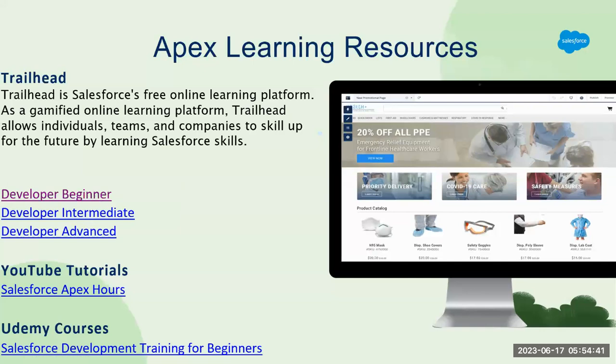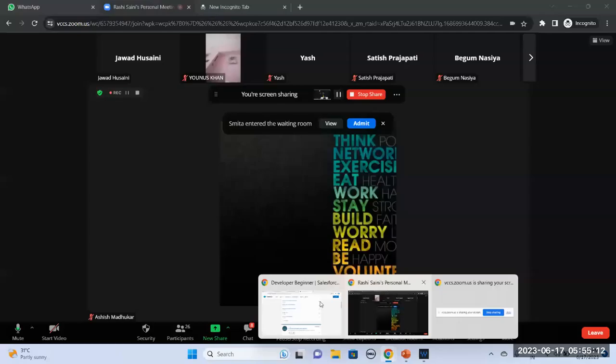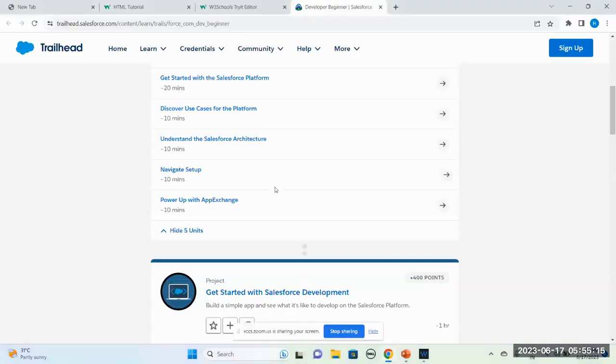Is my screen visible, guys? This Trailhead window, one. I'm not sure. Trailhead not showing, screen showing the presentation. PPT showing now. Okay, okay. No, I wanted to show you the Trailhead also. Wait, wait. Cool. Can you see my screen now? The Trailhead. Yeah, now it's visible. Okay, yes.